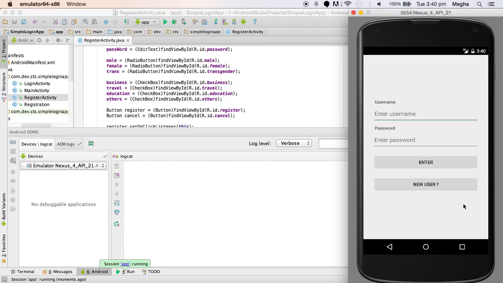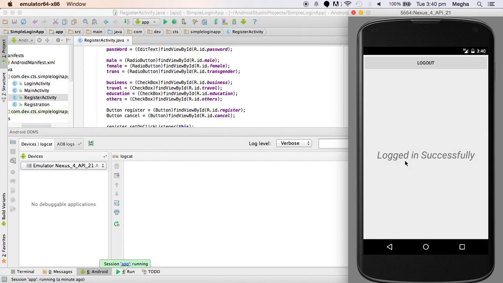Registering. Okay, so it's successfully closed, so it means the registration went well. Now if I put the old password, it will not allow me to enter the new one. So the data has been saved already. Once the user logged in,